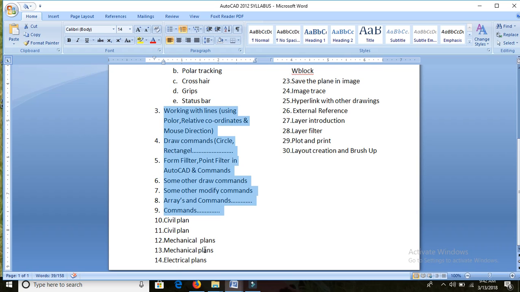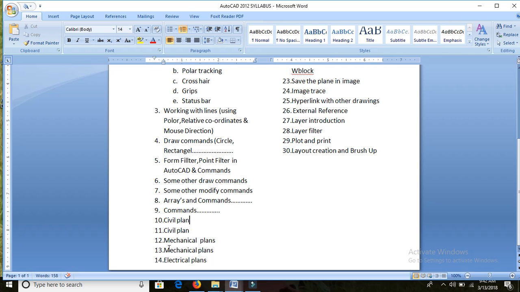do the plans. It doesn't matter how we are doing the plans. See, everyone is doing the plans. It doesn't matter, but how fast they can do it, that is the only thing that matters. So that's the reason I'm explaining more about the commands here in these sections, and after that I'll go into